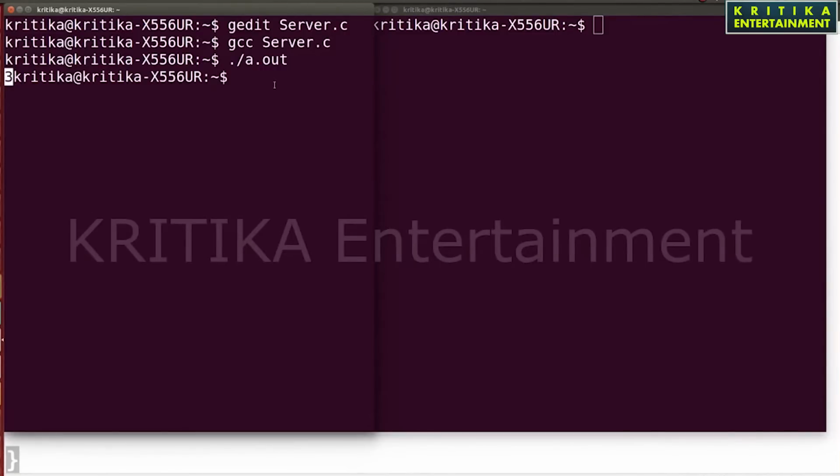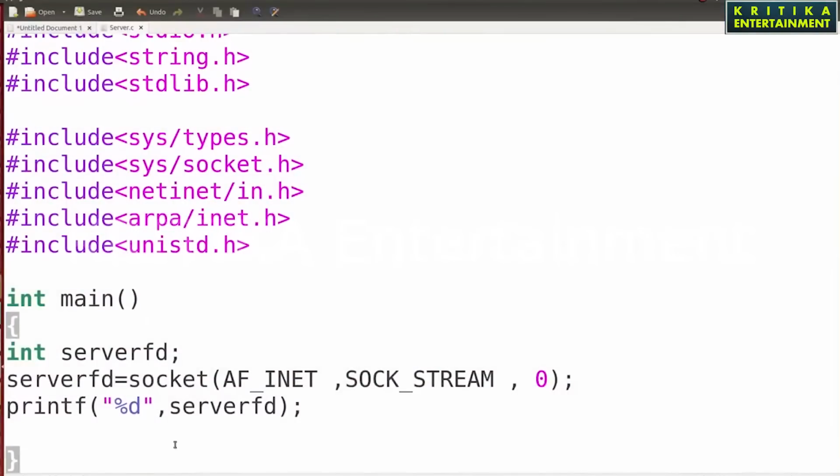Then next, I will proceed with the program. I don't know which value is going to be returned, so here I will write one condition: if server_fd equals -1, that means it was not successfully created.